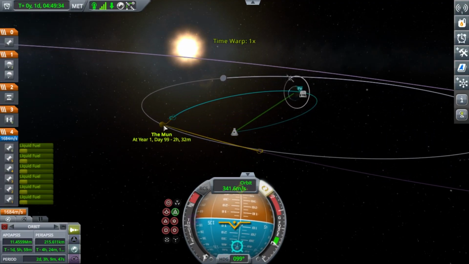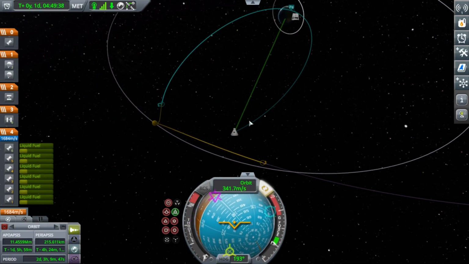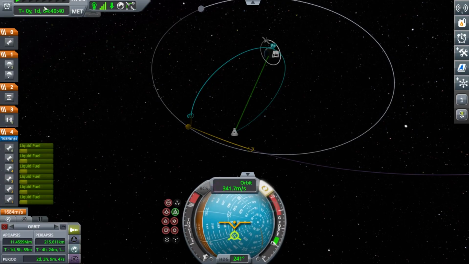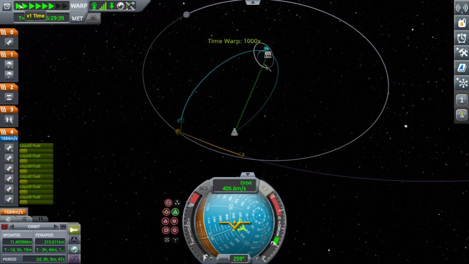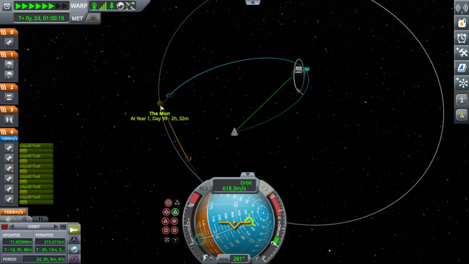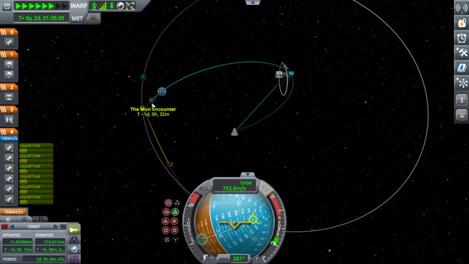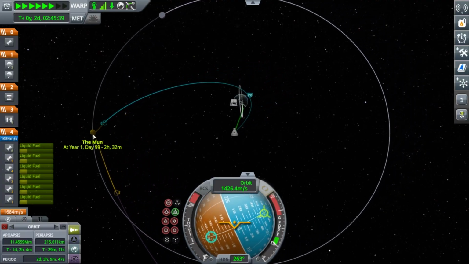So that's in when? In 1 day and 3... Yeah, there you go. It actually only took one orbit around the planet for us to have that moon interaction. Excellent. Now, one thing I see is that this is a crash. It is a crash into the moon. You can tell because it doesn't have a periapsis, and it also shows that we're